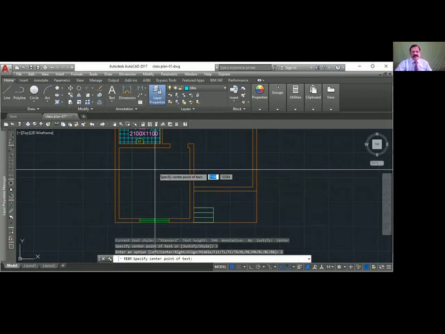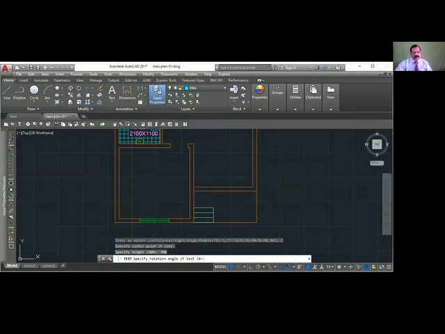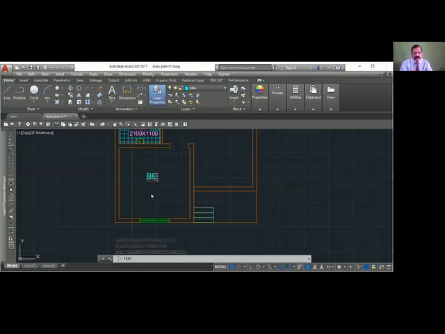Now you show the start point. The height 300, angle 0. Now you write whatever you want. Say another room. You can see that it is drawing from our point. Whatever point we have shown, it writes from there.